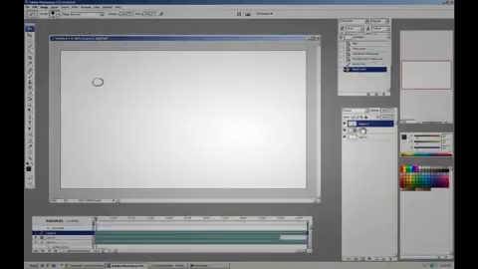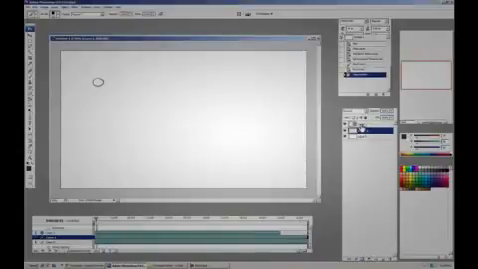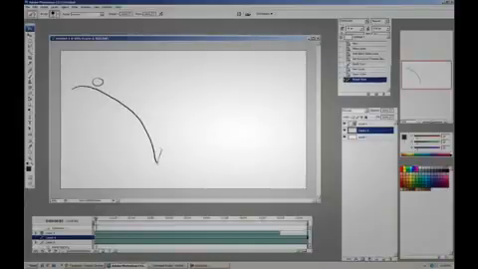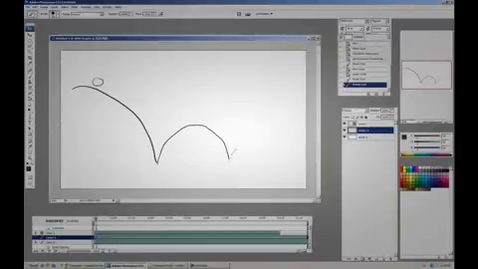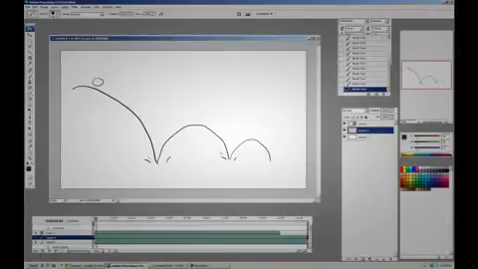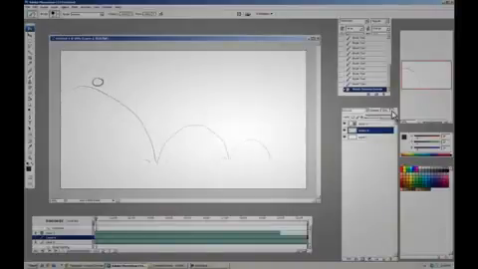New frame, or new layer. This doesn't have to be animated, so we don't need a video layer. We can just make a regular layer. Just going to sketch out how we want our ball to bounce. Boing, boing. Oops. That's pretty good, right? Splash here, splash here. Maybe we can bounce, bounce, bounce, bounce, bounce, dribble off to the edge, right? So I'm going to turn the opacity on that down a little bit. And let's go back